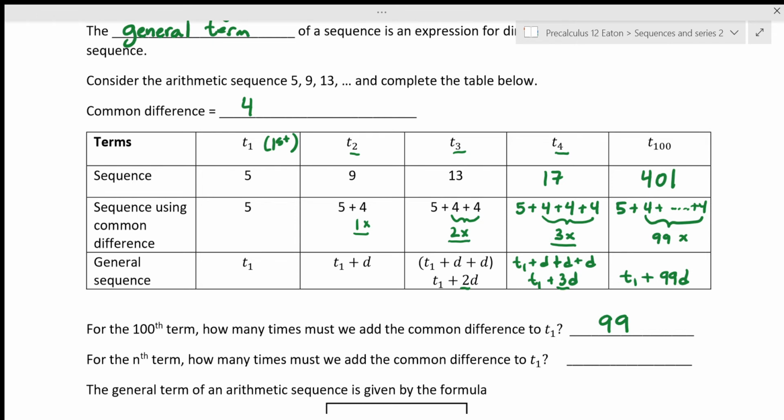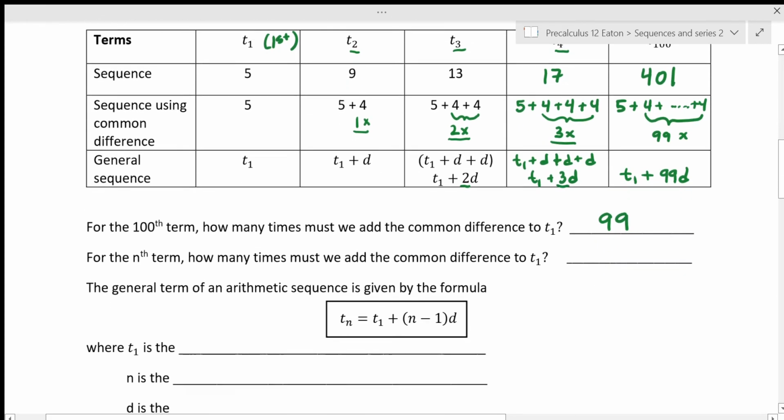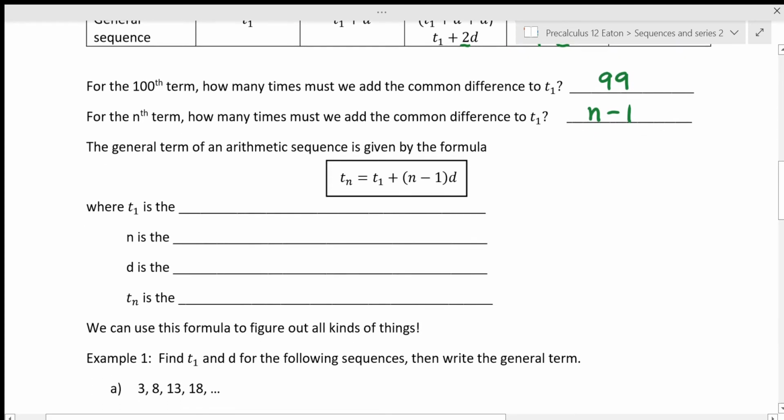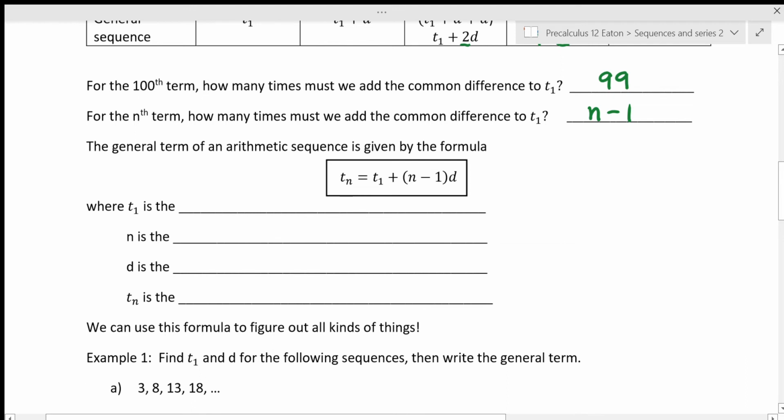So for the nth term, how many times do we have to add the common difference to T1? Well, n can be anything, but we're going to add the common difference 1 less than the position of the nth term. So the way we would write that is n minus 1, 1 less than the number of the term. This gives us the general term of an arithmetic sequence: T sub n equals T1 plus n minus 1 times d, where T1 is the first term,